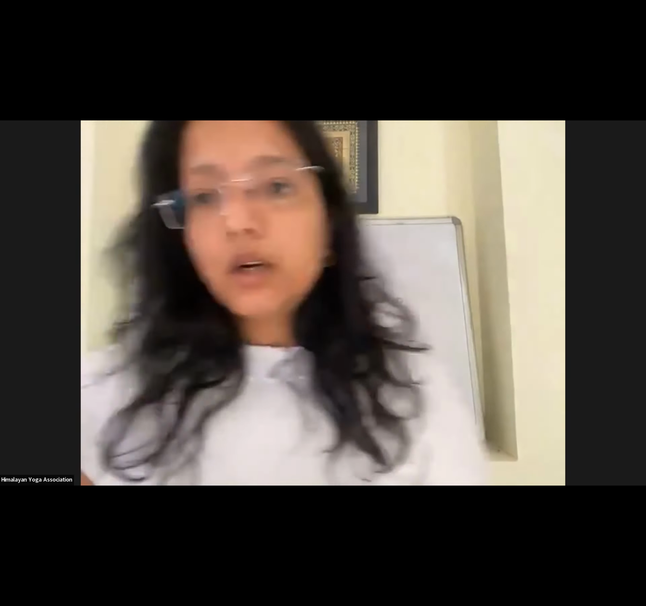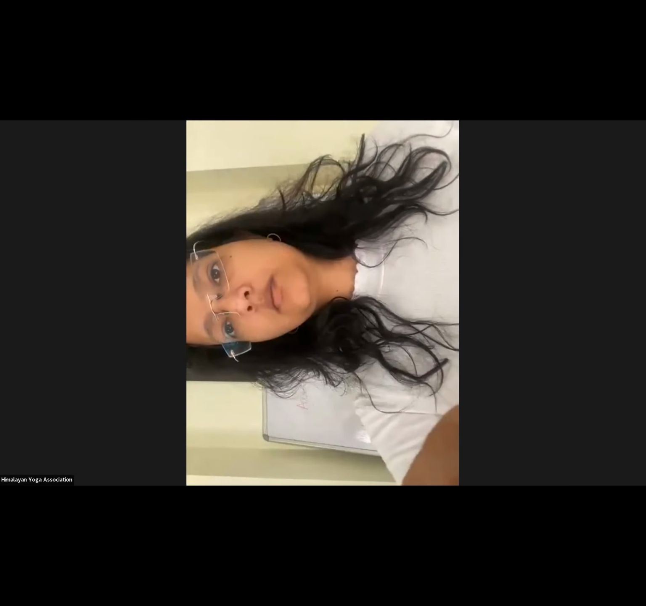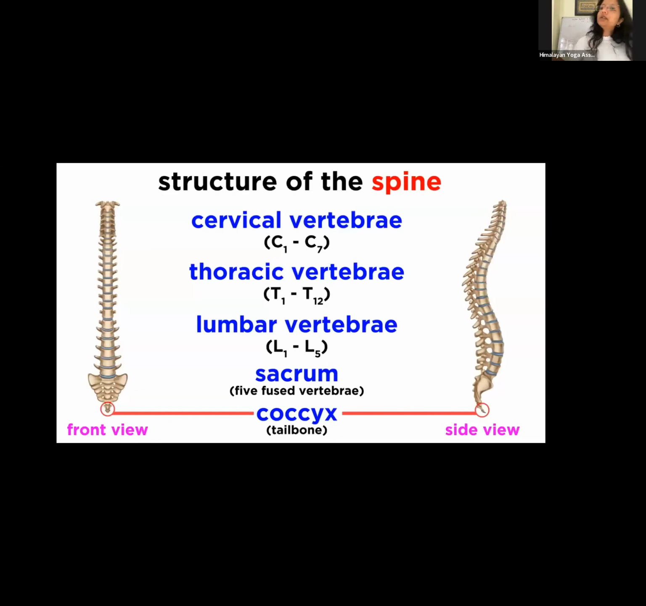Okay, so I'll share with you a diagram of the thoracic region. Sorry, the vertebral column. Yeah, so here you see the structure of the spine. Here we see the cervical region. So here we see these 7 bones. They are C1 to C7. These are called cervical vertebrae. Then the next 12 bones,